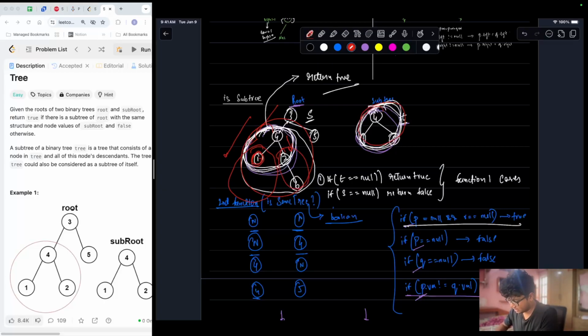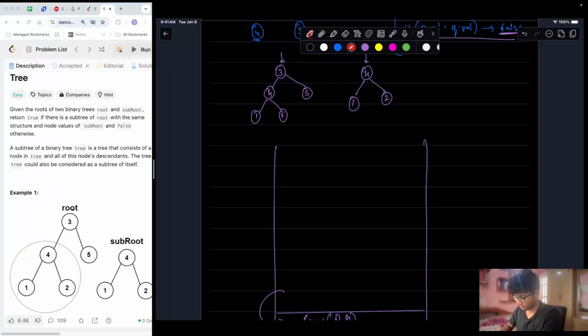I'll take this subtree and I'll check. Okay, false. I'll go to this tree. I'll check with this tree. Okay, false. I'll check with this tree. False. Okay. Now this will return false. But let's consider this scenario itself, you know, where